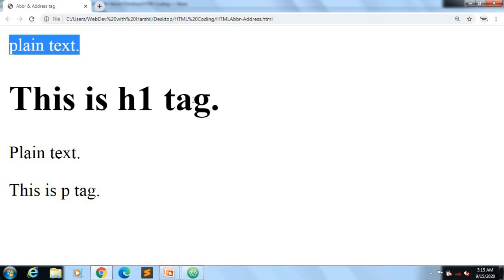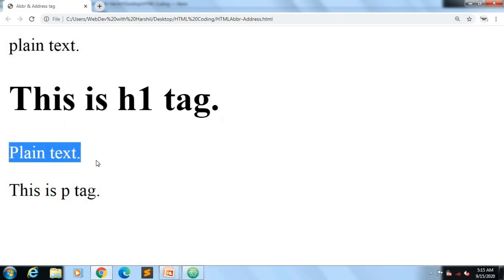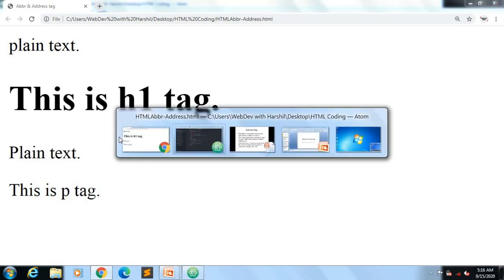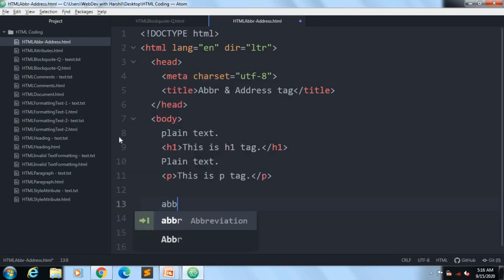The h1 tag starts from a new line and ends with a new line, so whatever text comes after the h1 tag will display on a new line. I hope you have a clear idea about starting and ending on a new line. Now I will write the abbr tag first.